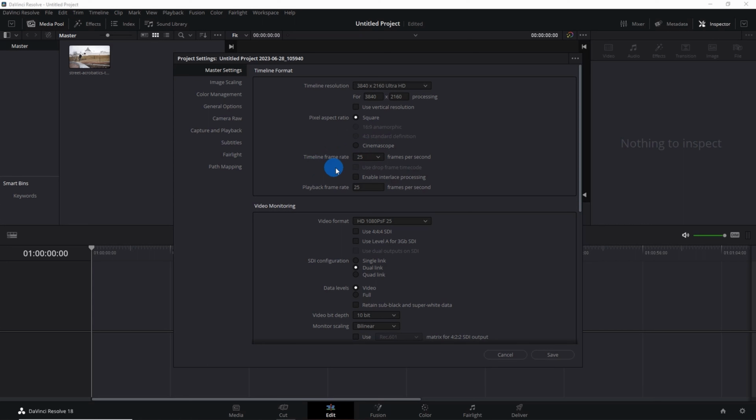Now next is frame rate. By default, it is 25 frames per second. YouTube supports frame rates from 24 frames per second to 60 frames per second. It totally depends on the video you have recorded. You must set this frame rate according to the frame rate of the video that you have recorded. If you have recorded at 25 frames per second, then let it be 25 frames per second. Now, as I record at 29.97 frames per second, I will set it as 29.97 frames per